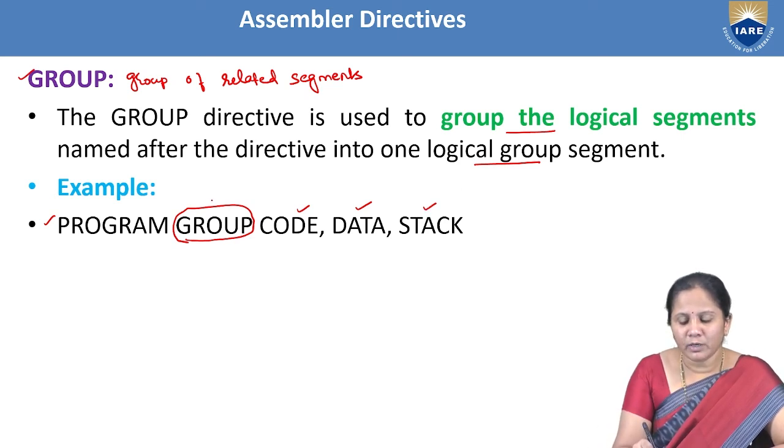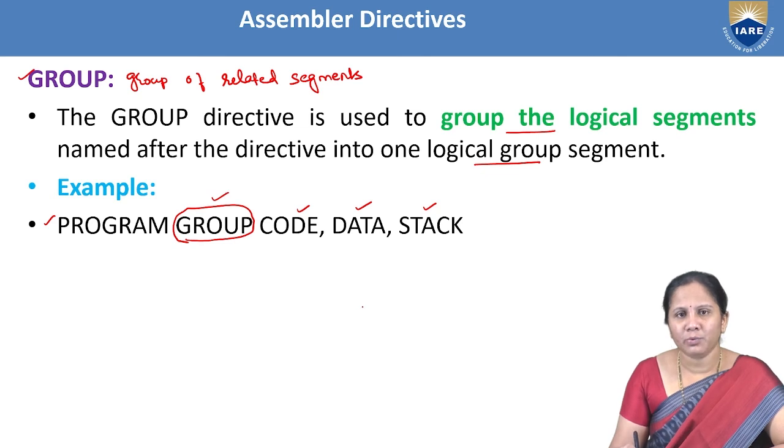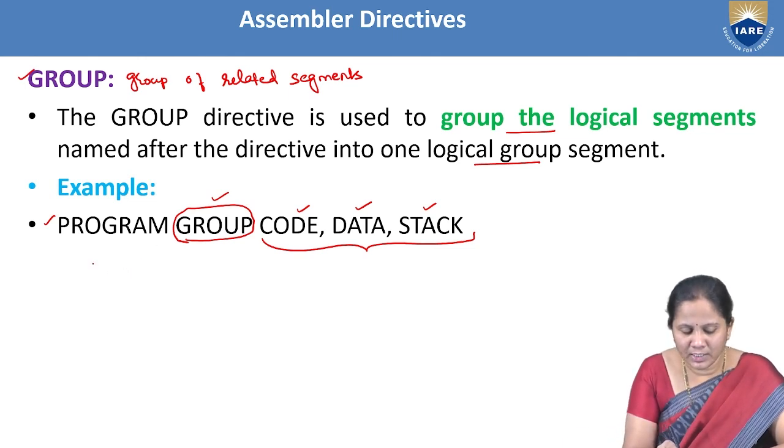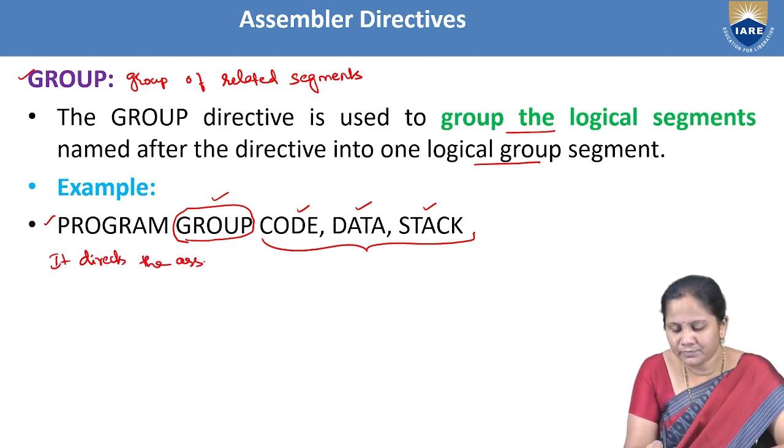So we are using the GROUP assembler directive here. These 3 logical segments will be considered as a single group and it is going to develop the exe file. When this instruction is executed, it directs the assembler